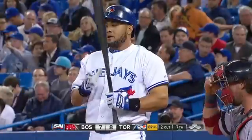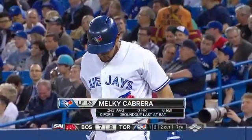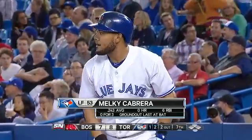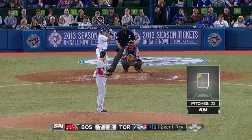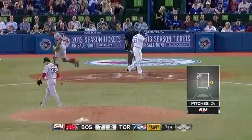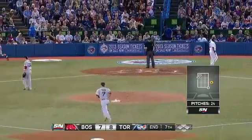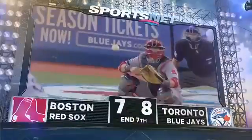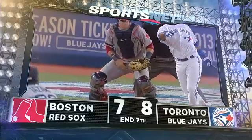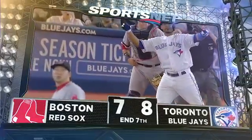This is a test for the Blue Jays, no question about it. This is one of their better offensive games here tonight. And for a while, Brandon Morrow seemed like he was going to be unhittable. And yet, the real hiccup in this ball game has been an error. But Edwin Encarnacion, his hot bat, his second home run of the night to deep center field. He's driven home 4. And the Blue Jays have regained the